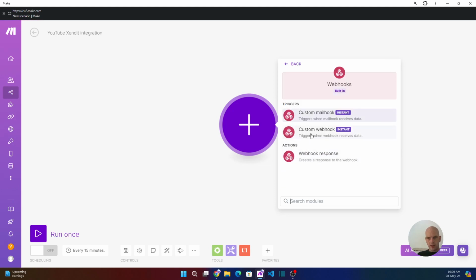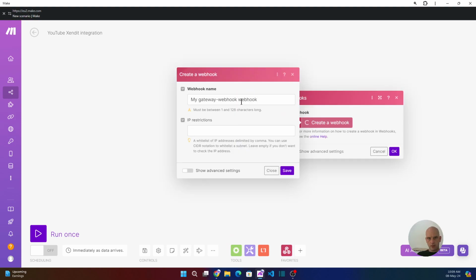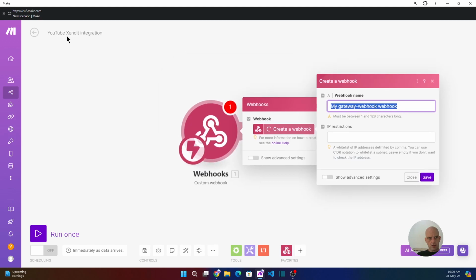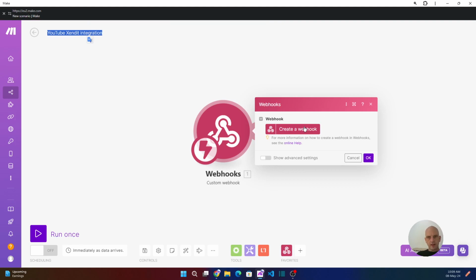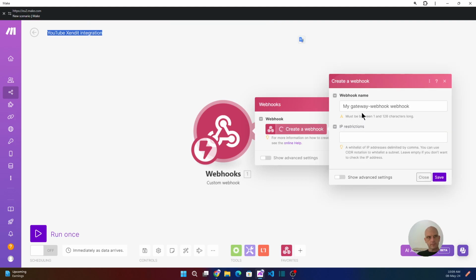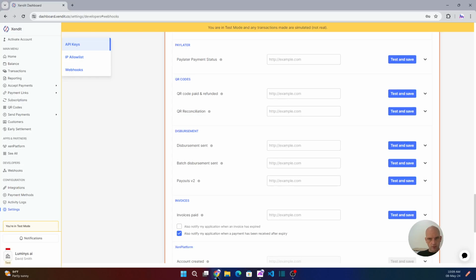Okay, so I want to get a webhook, and what we want to do is get a custom webhook. So create the webhook, and because I'm lazy, I'll just copy the same title, build. Okay, so let's copy the link address, and we will go to our Xendit platform in the invoices,